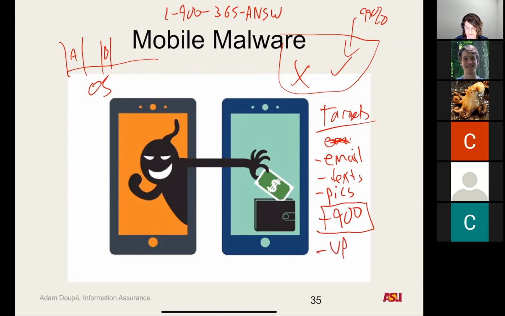There's also malicious software that will use your device as a VPN. It allows other attackers to route traffic through your phone, which bypasses IP restrictions and all kinds of things. We didn't talk about this, but have you heard the term click fraud before? So click fraud: everyone's seen a web page that has ads, right?